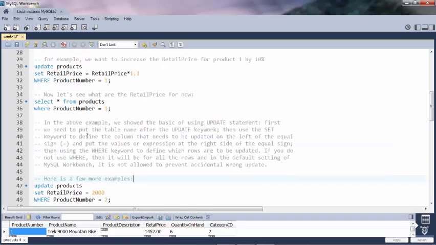First, we need to put the table name after the update keyword. The update keyword is UPDATE, then the table. And after that, use the SET keyword to define the columns that need to be updated on the left of the equal